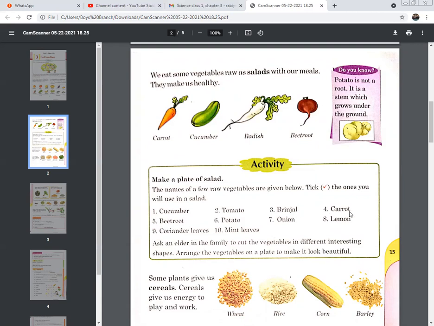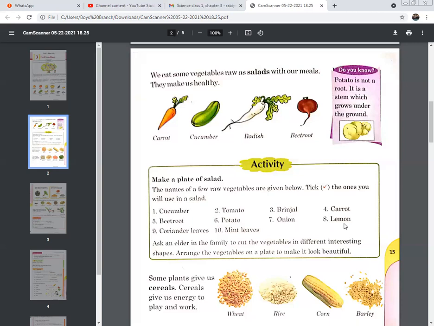The fourth one is carrot. Mostly children like carrot in their salads to eat, so that's why you can take it, or it's optional. If you do not want to eat it or add it in your salad, you can simply omit it. The fifth one is a beetroot. Take it if you are including it, or if you are not including it, then leave it. Okay, at number 6 we have potato. You have to boil the potato and then you have to add it in your salad plate. The 7th one is onion. If you like it, then add it in your salad, and if you do not like it, then leave it.